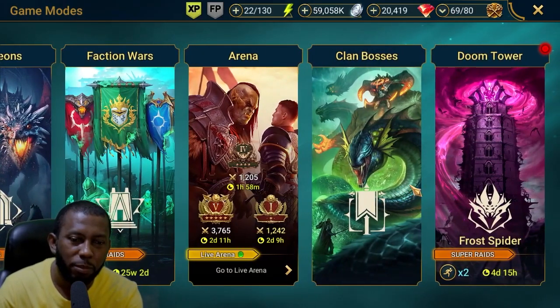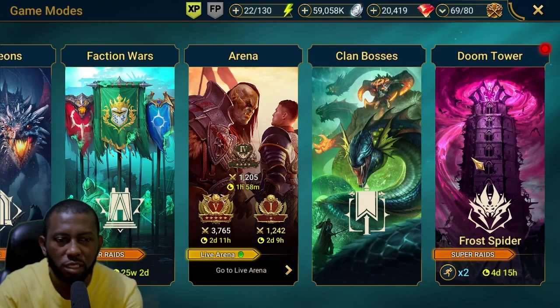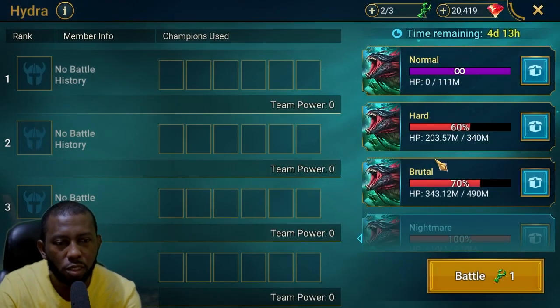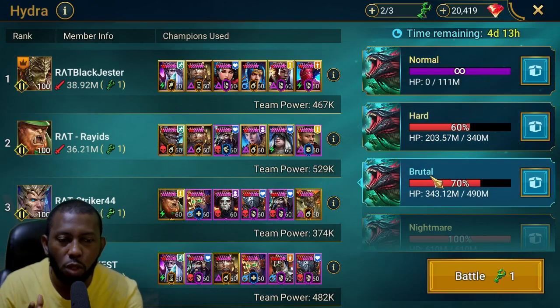There's no need to take this champion into the campaign or dungeons to show you how it works. No, if the enemies don't have a fear, there is no need to bring this champion along. So I'll be going to the Hydra. This rotation does have a fear. So when you're talking about your Hydra, normal, hard, and all that, you have multiple teams, right? He comes into a team that does not need,